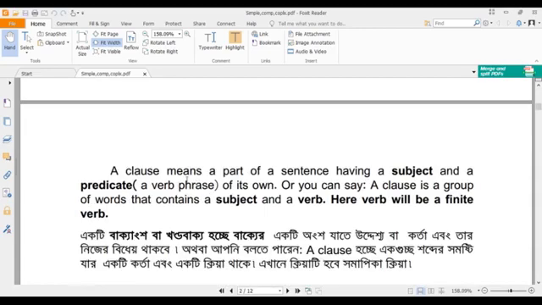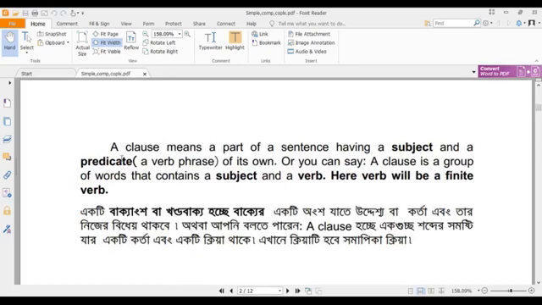Now we are going to know the other definition of clause. Here I have shown: a clause means a part of a sentence having a subject and a predicate. Predicate means